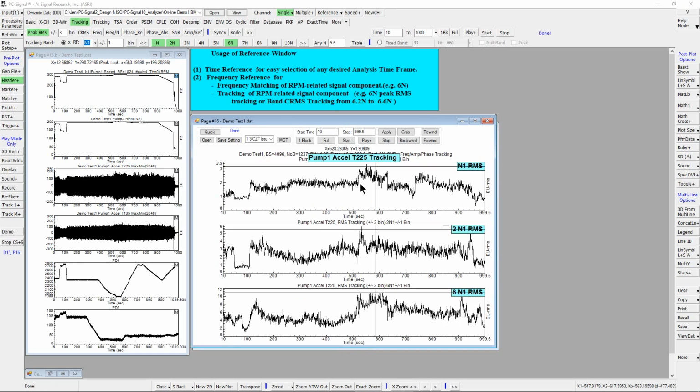This plot shows the result for peak RMS of N1, 2N1, and 6N1. It is such cross-reference to the RPM in reference window provides the convenience to track all the RPM-related components. To track N2 components,